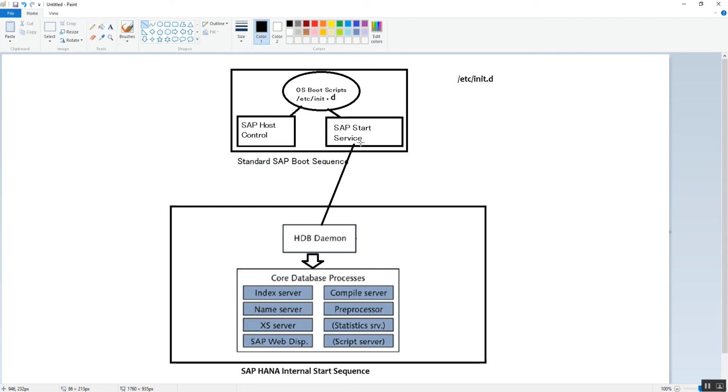But how will it know which processes to start? By referring to the daemon.ini file, it will start the remaining core processes. Once the core processes are started, the database is available for access. This is basically the process which runs in the background when we execute the command HDB start.